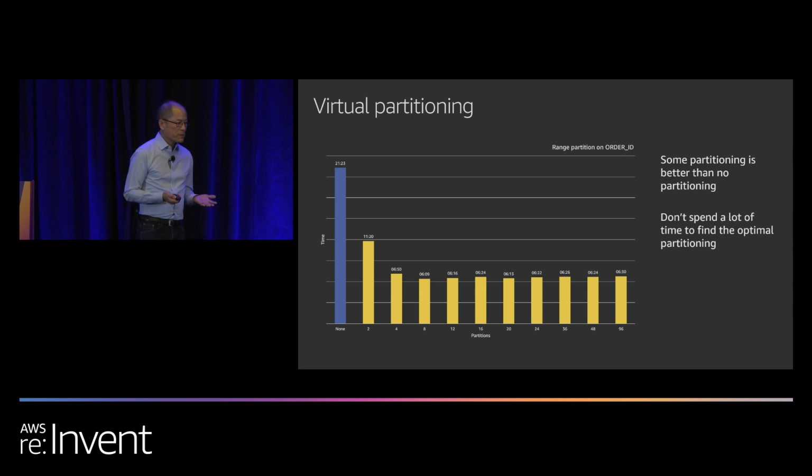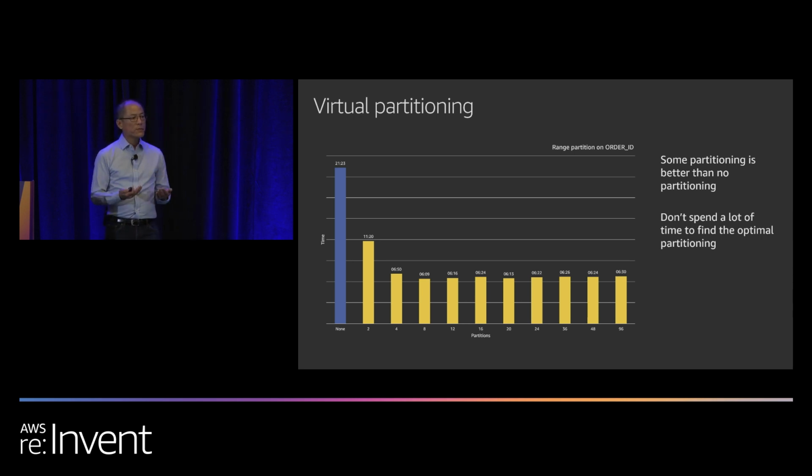So just a couple of words about virtual partitioning. Again, we saw in the demo how to make these chunks that we can migrate in parallel. There are a couple of takeaways I want you to know about virtual partitioning. This is a really great feature and helps a lot of our customers. You want to apply it to tables in your database that are not natively partitioned,